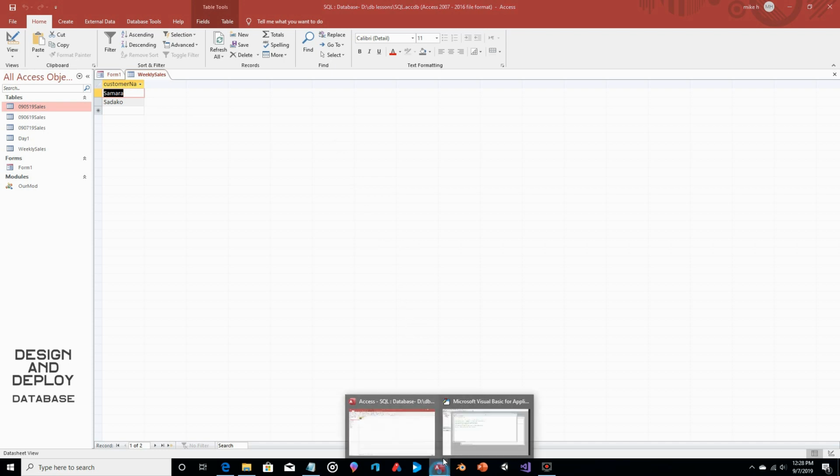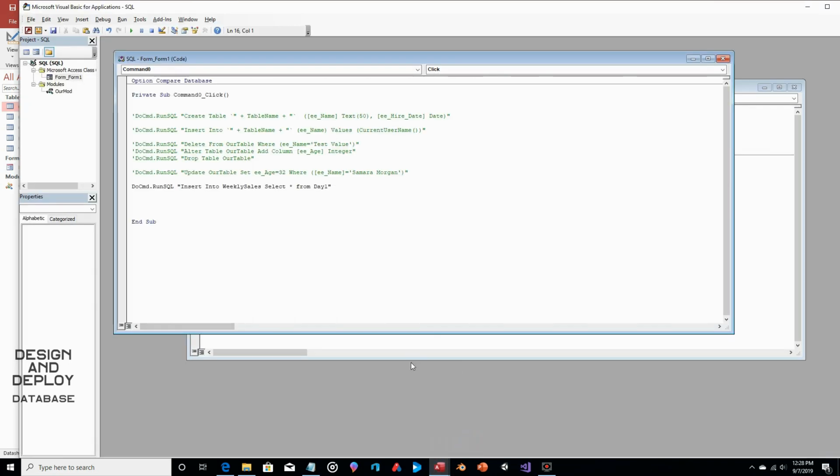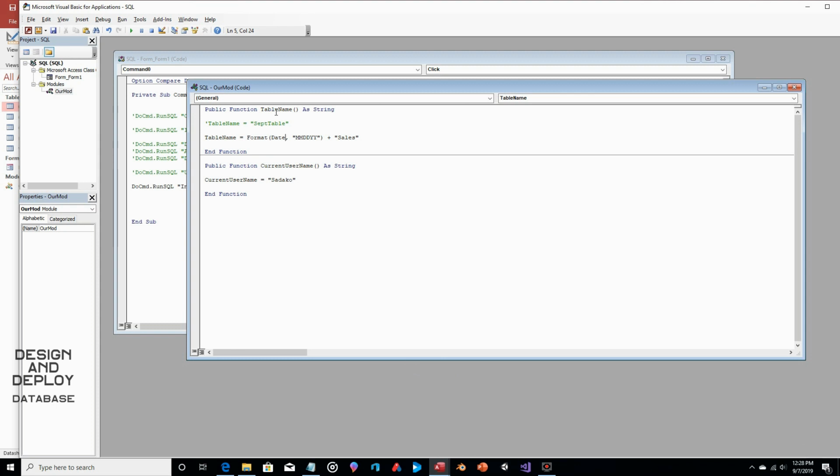So we go back to our modules and we're going to modify this one. I mentioned that we created a function that created a variable called table name. Well, now we're going to have multiple table names, okay? So what we're going to do is we'll copy this and then we'll make a few changes. Hopefully it doesn't throw an error while we're in the